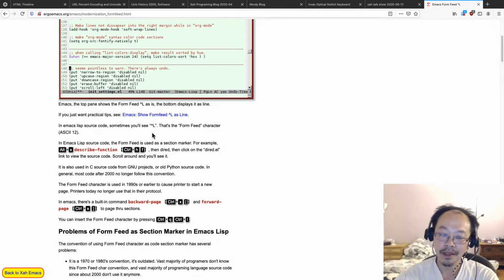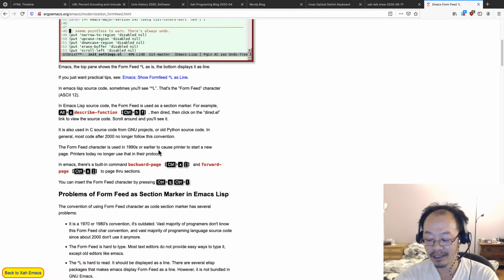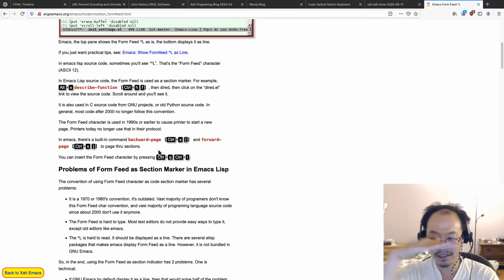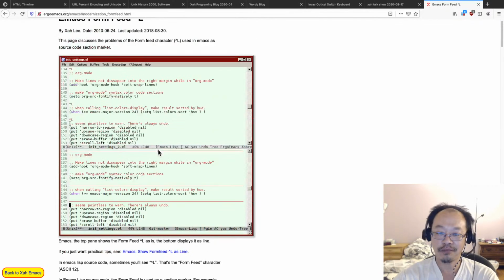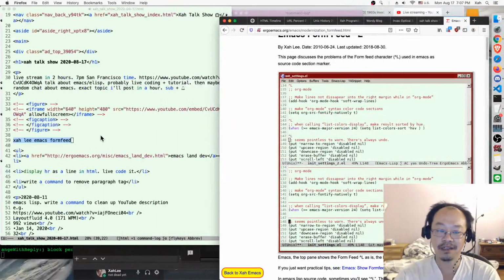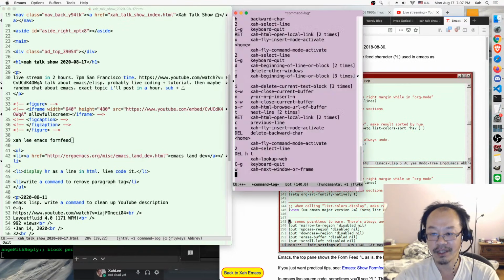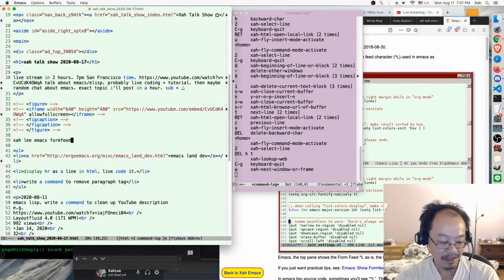Formfeed. And by convention, it's a 1980s convention. They use this to indicate a section break in your source code. For example, in Emacs Lisp, you will see it in lots of places. For example, let's do some live workflow demo. So let's go to the